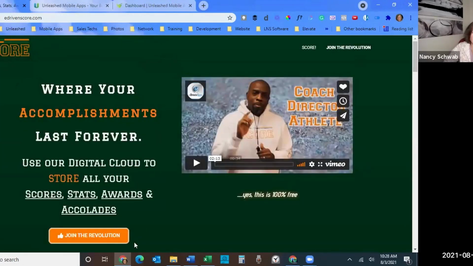Now, in this case, these do take you out to the stores, or at least it gives you the links to tell you how to get it out on the stores, because this is an active app right now. But if you were to be trying to get emails, for example, so now you don't have your app live yet, you want to be able to capture emails. And that's the other thing too. If your app is live and people are still not quite sure, you can add a little piece onto this landing page to ask for their email